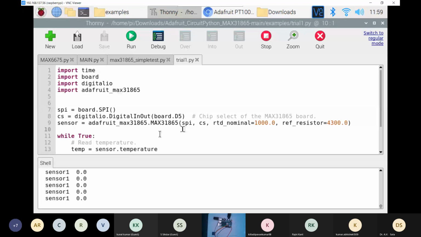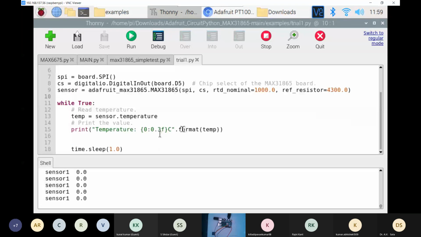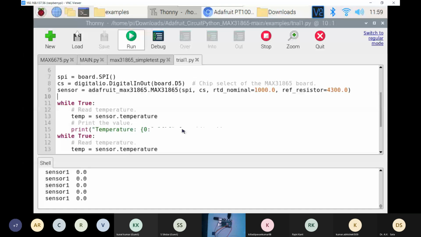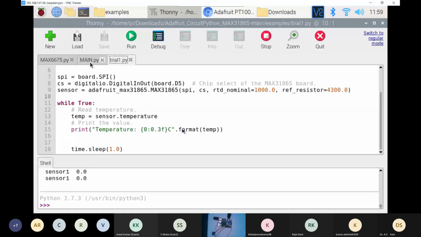If this was fine, then we can actually run the code. The previous code, which was Max6675, was running. Okay.